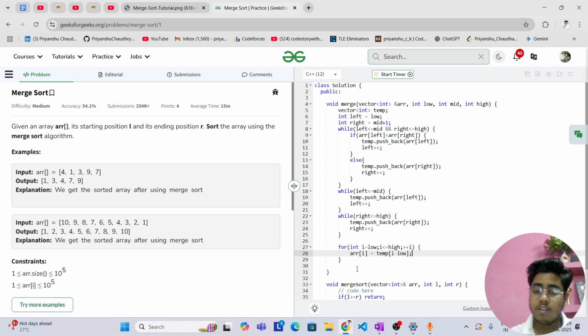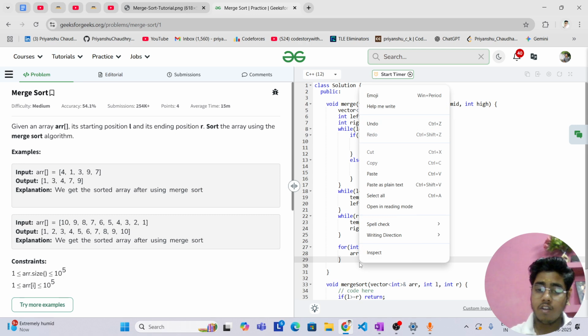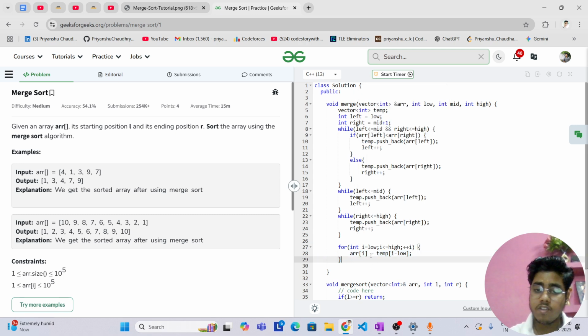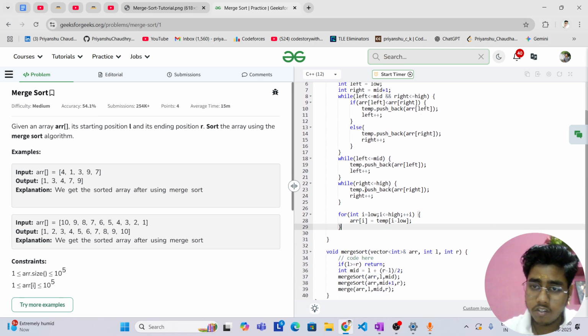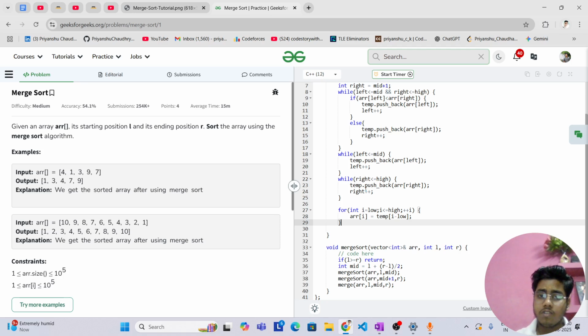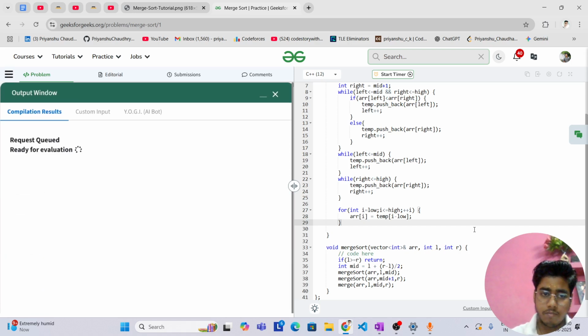So we can see I minus low, I is low starting and low minus low is 0, so temporary of 0, and it will go till high. So this way our original array will be created such that both the arrays are merged. So this way our merge function will clearly merge both the sorted arrays to one. So this way our merge function will be created, and merge sort function is also done.